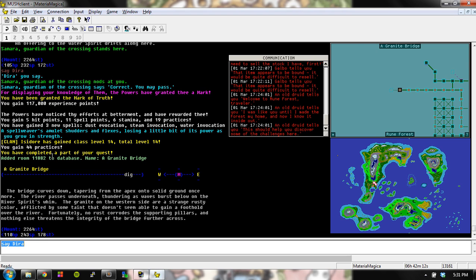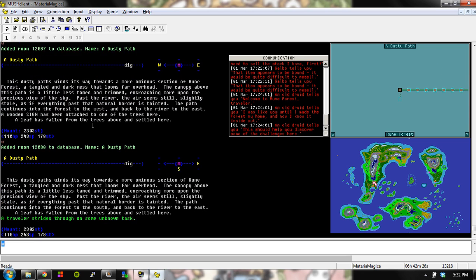Lets us pass now. Gave us 117,000 experience points, which is amazing. Gained level. And we got some new skills. And 44 pracs on top of this. The 44 pracs are from the mark as well. So anyway, we are now going to continue west